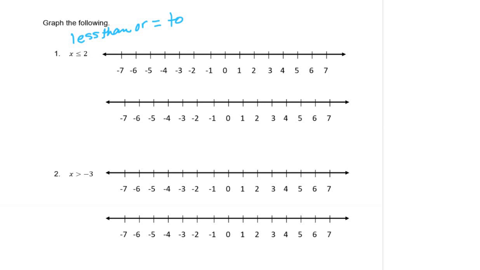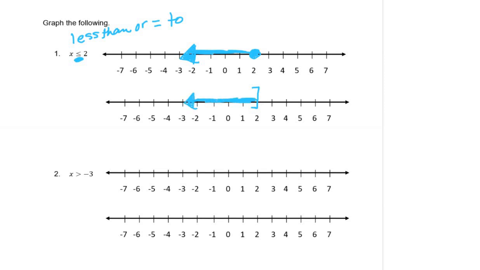Now when you learned how to graph inequalities in high school, you probably looked at this inequality symbol right here and saw that there was an equal to sign under that inequality symbol. So you put a dot here on 2, and less than means you're wanting numbers smaller than 2, so then you would shade to the left. Now in this textbook, we're going to use a different notation for graphing. Instead of a solid dot here at 2, we're going to put a bracket at 2